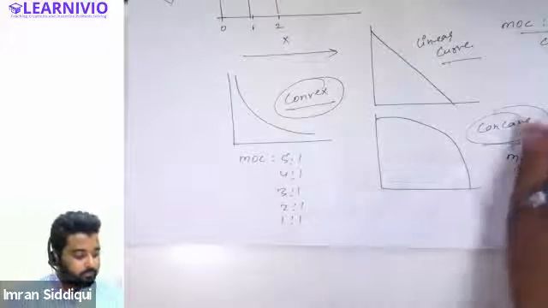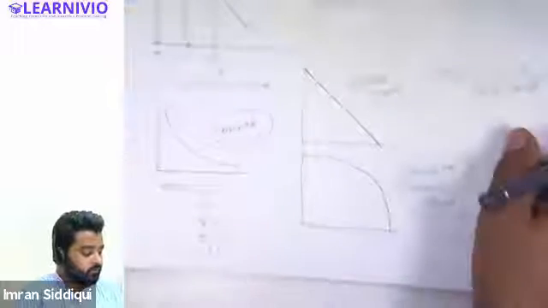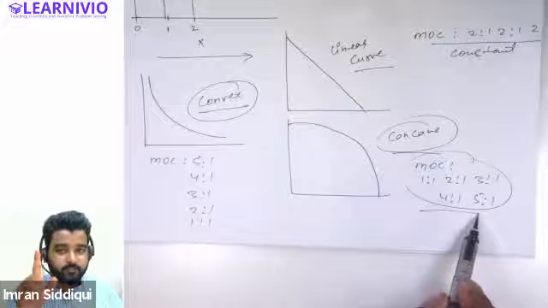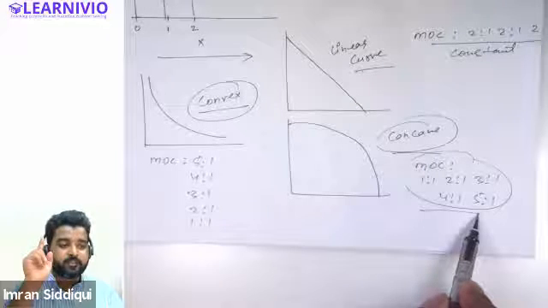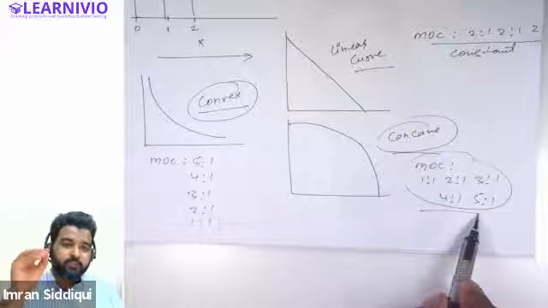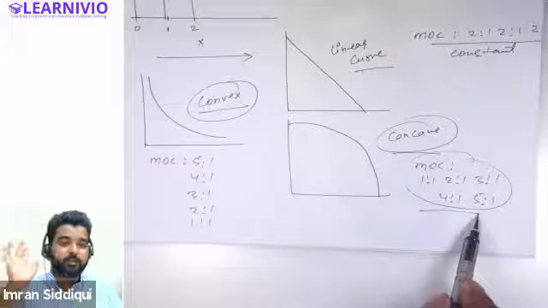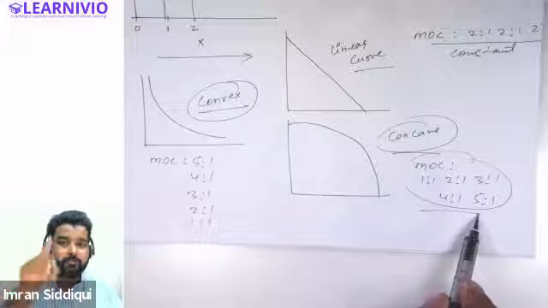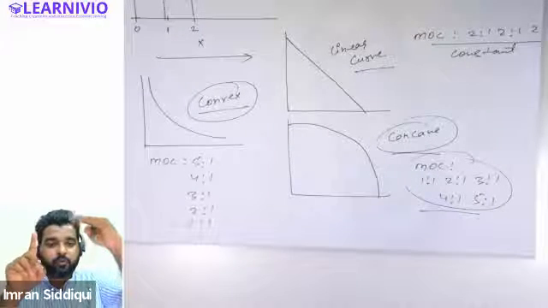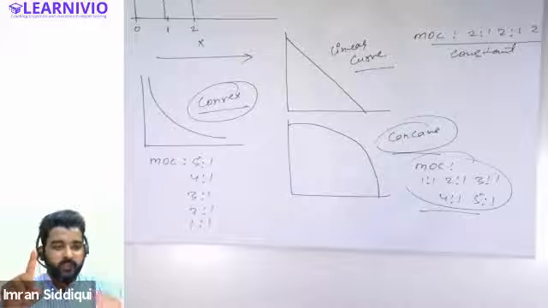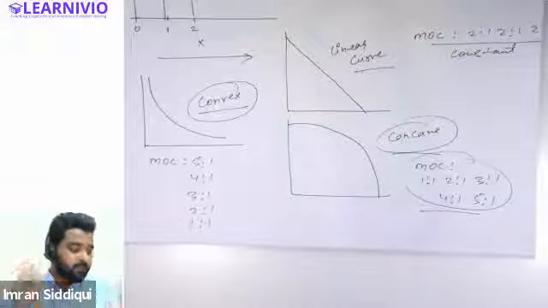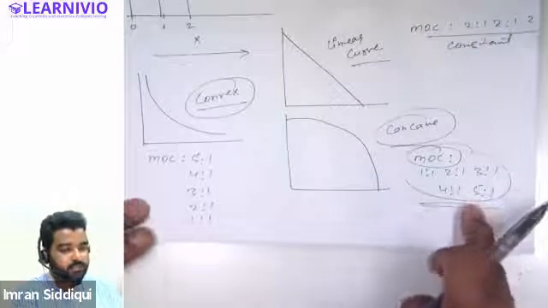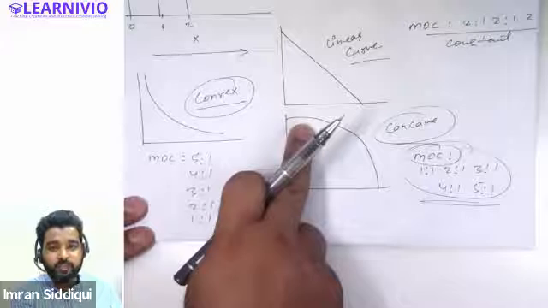So basically, because our marginal opportunity cost goes on increasing, we have already assumed that resources are not equally efficient. Because resources are not equally efficient, the producer will have to sacrifice more units every time he wants to increase the production of the other commodity by 1 unit. And if he sacrifices more units every time, then he will have increasing marginal opportunity cost. And if marginal opportunity cost increases, we will have a concave shape diagram.